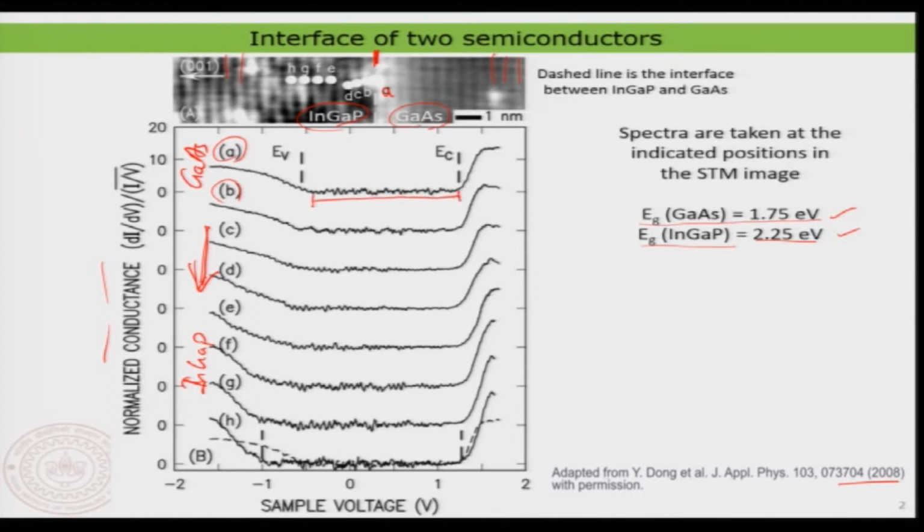The onset on the positive side is actually representing the EC, which is basically the conduction band edge, and here this is something like the valence band edge, that is actually at the negative side. So, you know the reason, because the tunneling of electrons is quite dependent on the direction of the voltage, or the polarity of the voltage, and therefore, we can basically measure the conduction band and valence band.